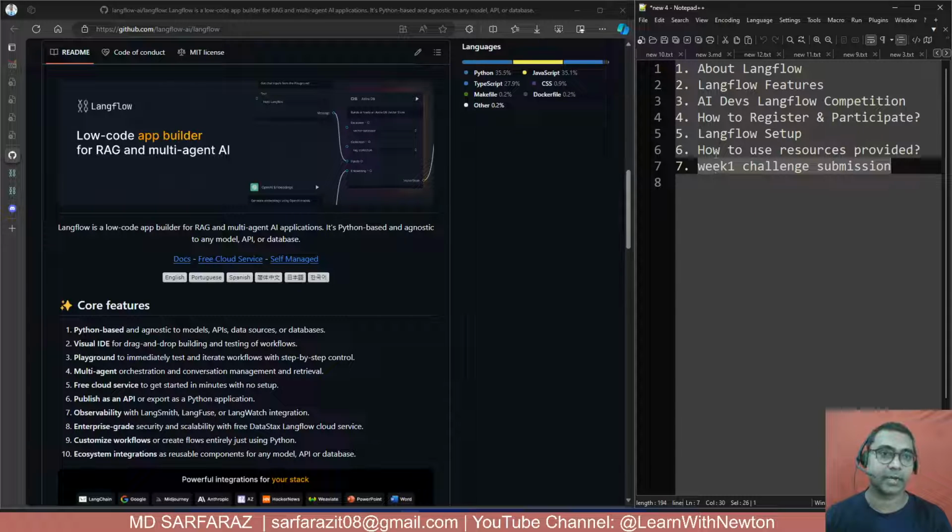So let's get started. What is Langflow? It's a low code app builder for RAG, or retrieval augmented generation, text and multi-agent AI applications. It's Python based and agnostic to any model, API or database. So it's a very user-friendly GUI or UI based app builder which you can use for RAG and